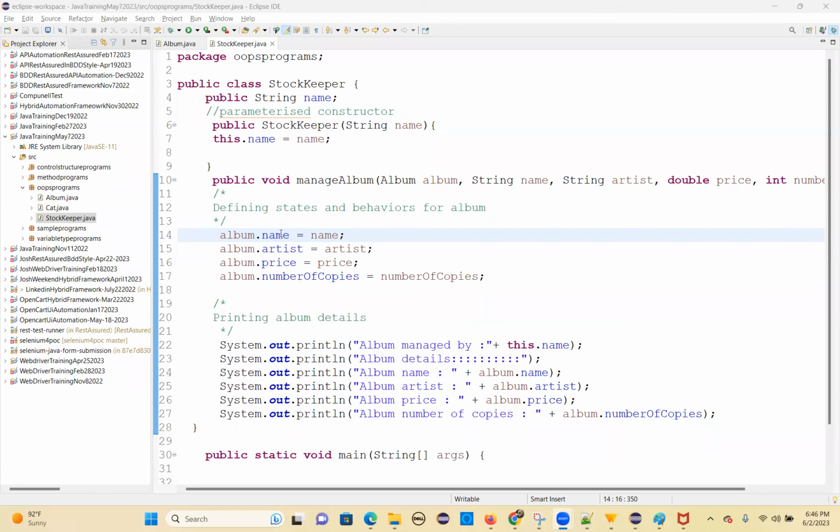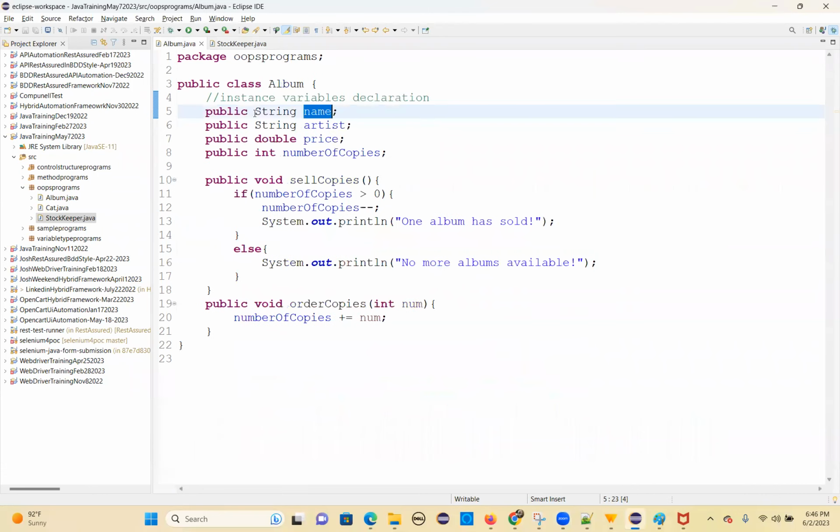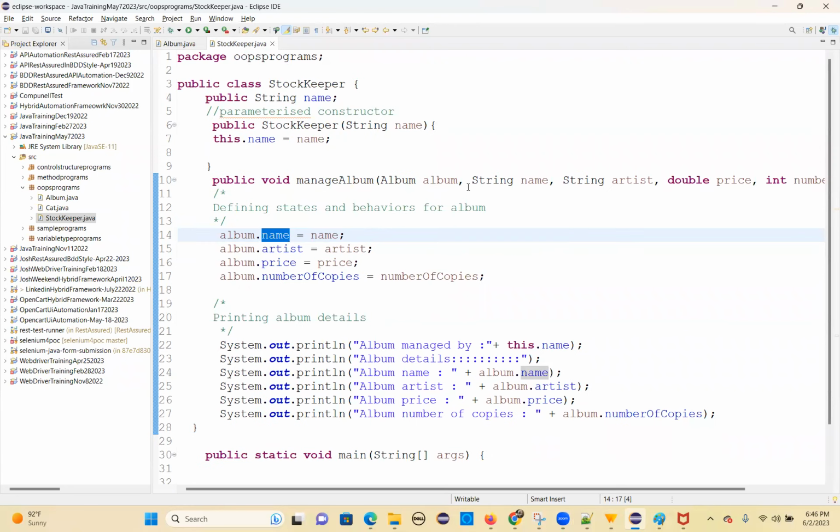You are able to call it because this variable has a public access modifier. And how can you call non-static variables in another class? Using the object reference. That class's object reference is the album reference variable. Album reference variable dot name. So what I am doing here,